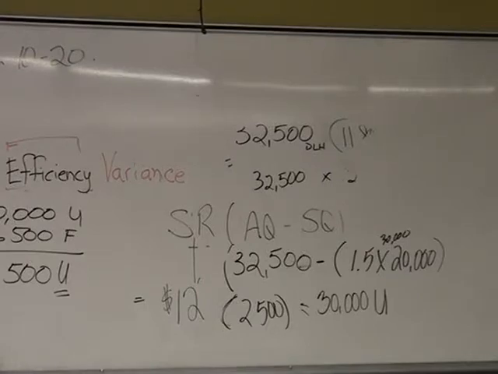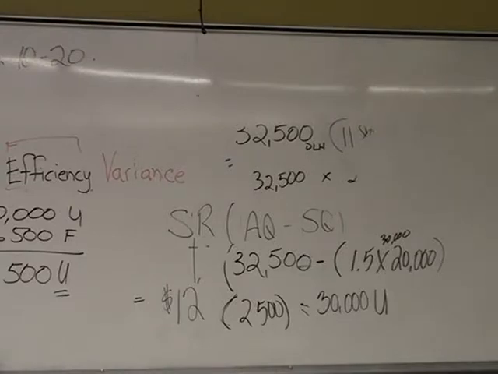So even though they call it the variable manufacturing overhead variances, when we're doing the efficiency variance, we're not actually measuring how efficiently the overhead was purchased or used or whatever. We're actually measuring the labor cost driver again. Because if our cost driver was really out of whack, if it wasn't similar to what we budgeted,